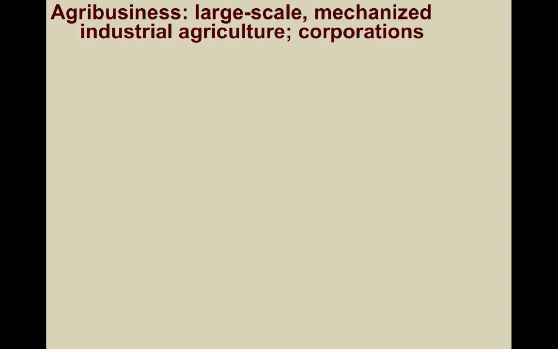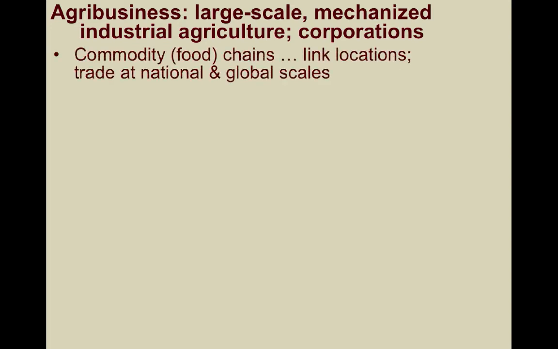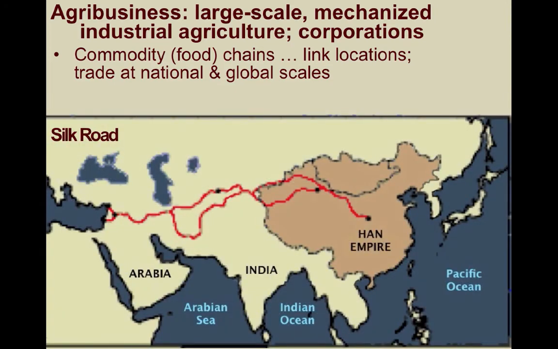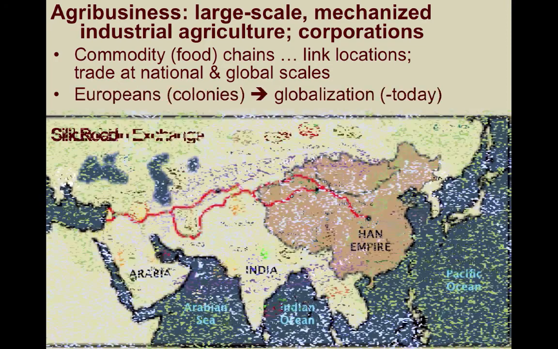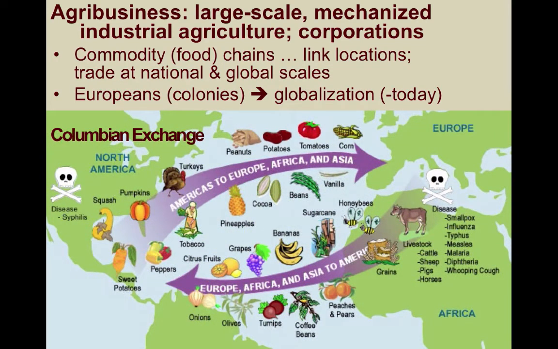They are engaged in a massive variety of goods and services within the agriculture industry. They create and work with commodity chains that link several locations of production and distribution of goods or commodities that are traded at the national and global scales. While food and commodities have been traded locally and regionally since antiquity, it was the Europeans who first expanded commodity chains to a global scale, beginning with the Columbian Exchange across the Atlantic, and then expanding as their colonial empires spread throughout the Americas, Asia, Australia, and Africa.